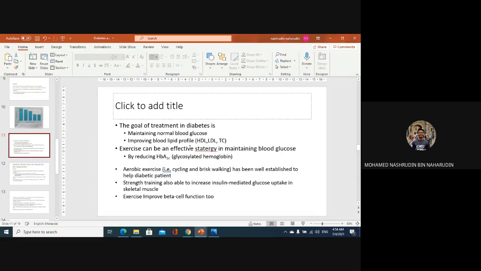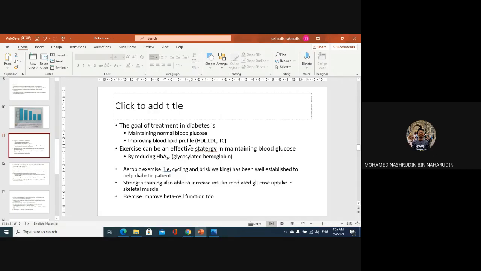These could also be blood markers that you need to monitor as well to make them improve. Okay, so for those who have diabetes, they might have a higher total cholesterol, particularly low density lipoprotein. So the aim is for you to reduce it by turning the LDL into HDL, and you can achieve so by